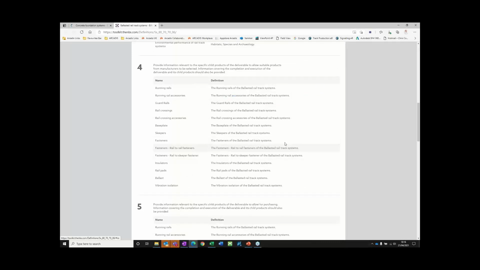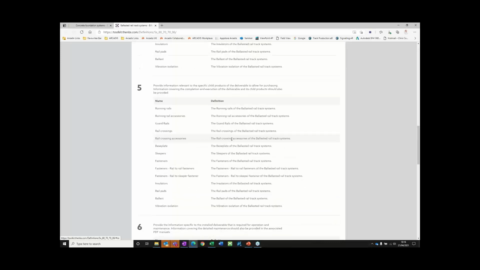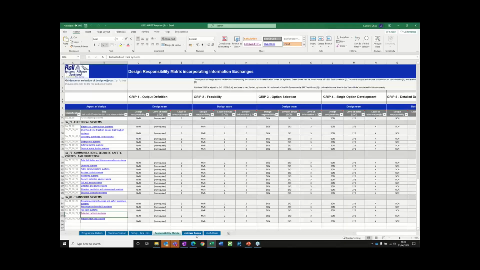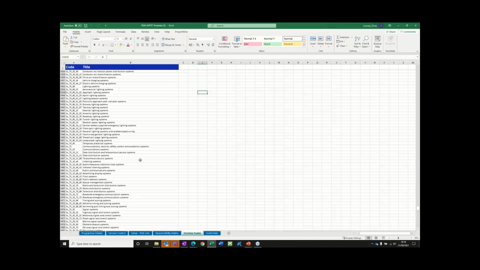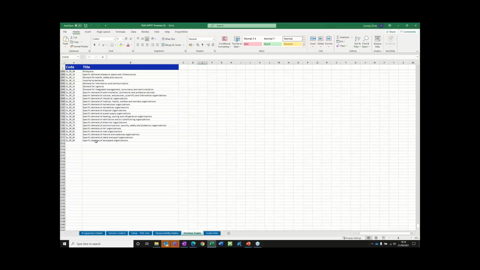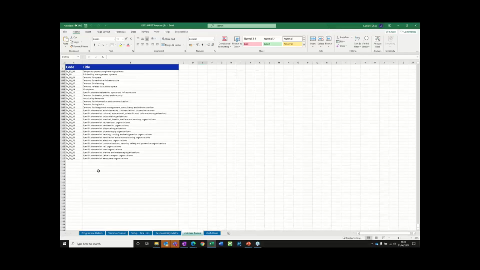Unfortunately, the creators of the NBS toolkit reached a stage where the funding stopped from the government. So while there might be something in the region of, I think it's just under 2100 systems, there are a few other categories as well.